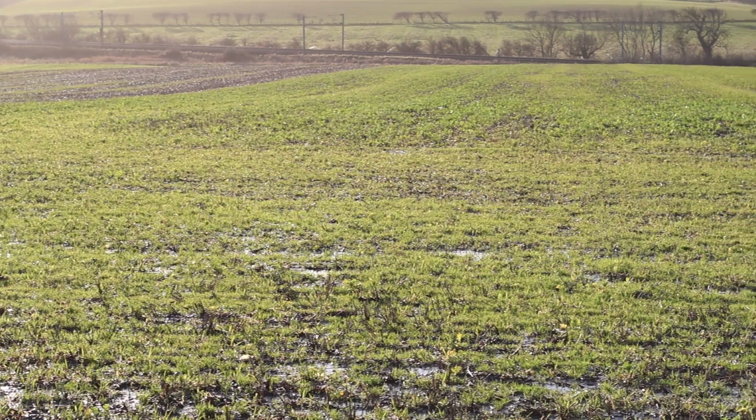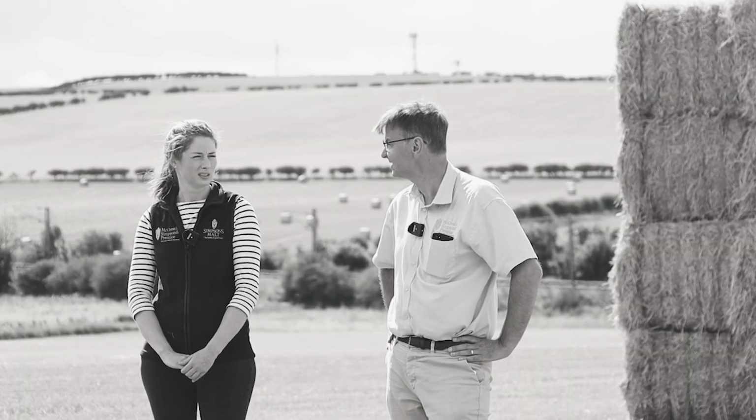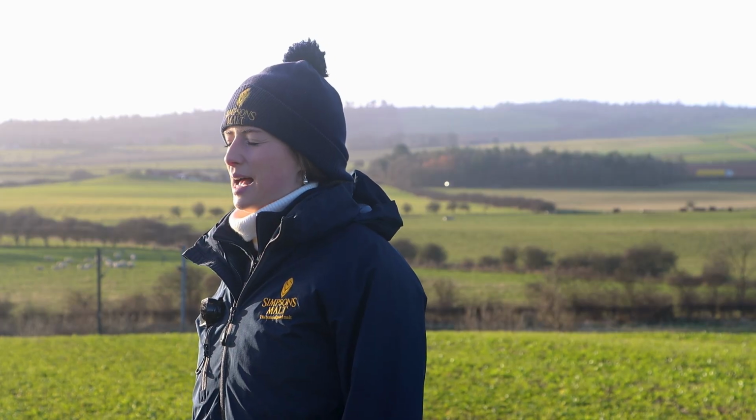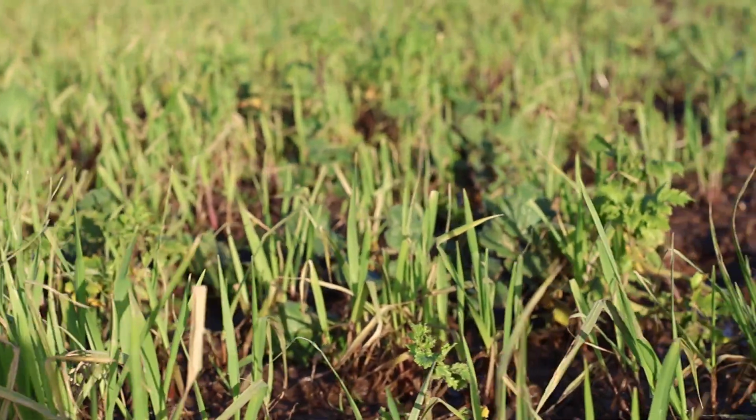Today we are standing in our cover crop trial, and it will look slightly different to our last video where David Cairns and I were summing up a difficult spring barley season. So what's happened in this field already? It has been lightly cultivated with a mixie disc. The cover crop seed has been broadcast and rolled, which hopefully means minimal soil disturbance when establishing these cover